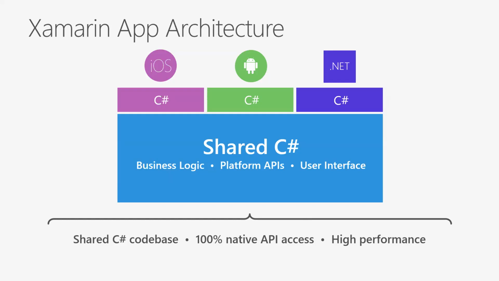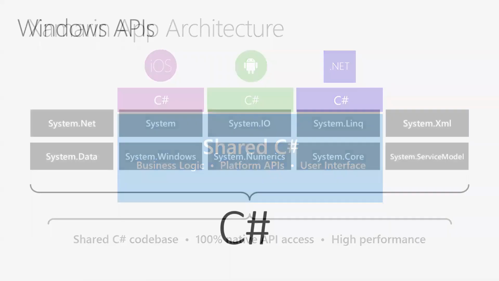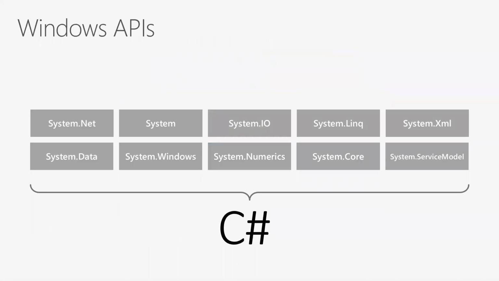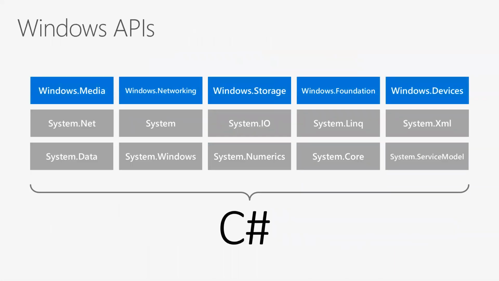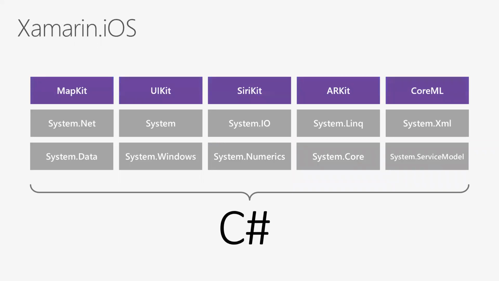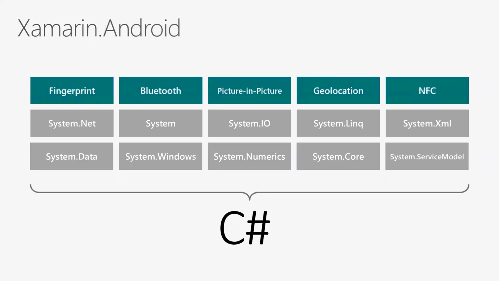So you're always going to have a really high performance app. Your users won't be able to tell the difference that they're using a Xamarin app versus a native Java app or something. These slides, these are probably some of the namespaces you're familiar with. We have all these things kind of wrapped in our own version in Xamarin. Likewise with iOS. So you look at kind of the same .NET ones at the bottom, but then we have the iOS specific ones kind of up top here, and Android. So all these different things that are specific to these platforms, you have access to in Xamarin.